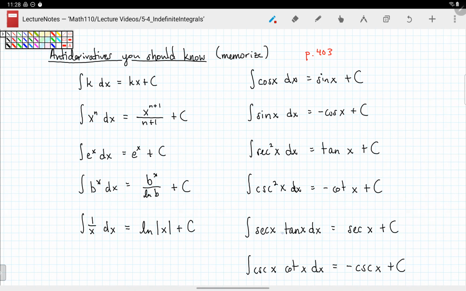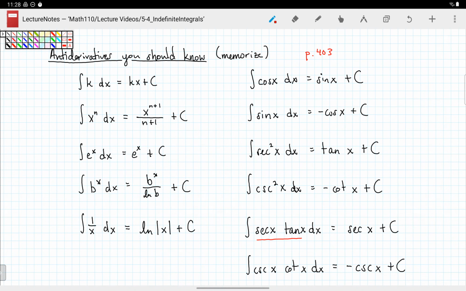Notice that we can find the antiderivative of secant x times tangent x because we know that it is the derivative of secant x. That doesn't tell us how to find the antiderivative of secant x, right? Finding the antiderivative of secant x is going to be a harder problem. So all of these are basically